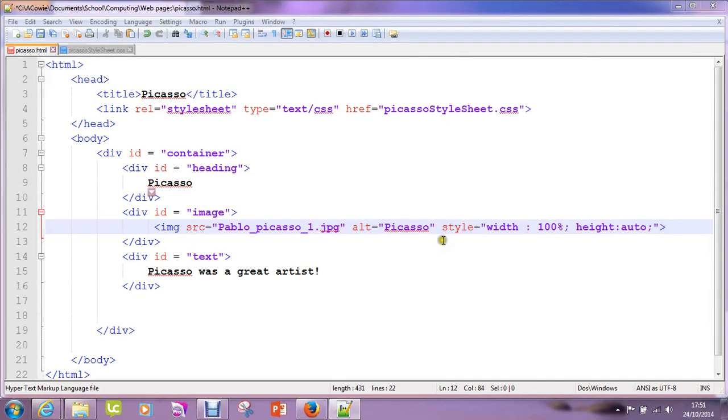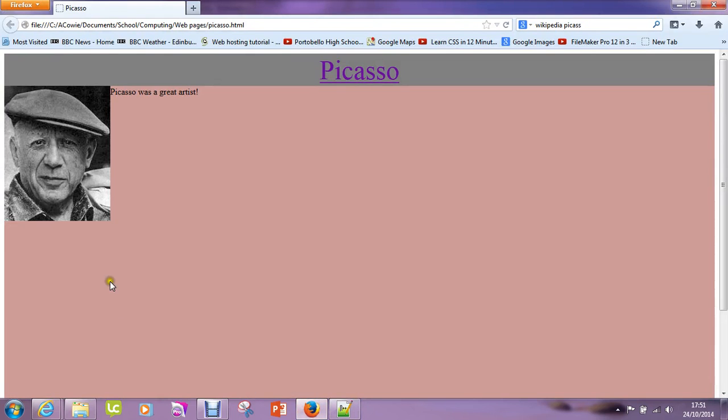I've made some changes to this part of the HTML code. I've changed the style of this image so that it takes up 100% of the width of the section that it's in. So this is my image section. I want it to take up the whole of the section, and I would like the height to automatically adjust so that it's proportionate. So if we have a look at the web page, you can now see that the